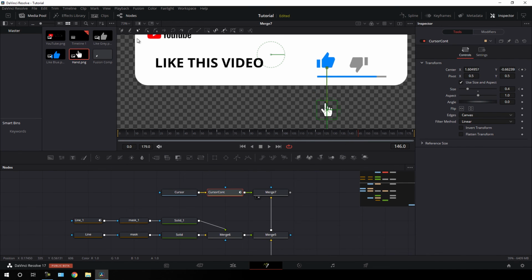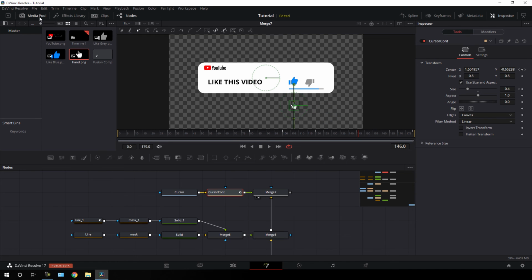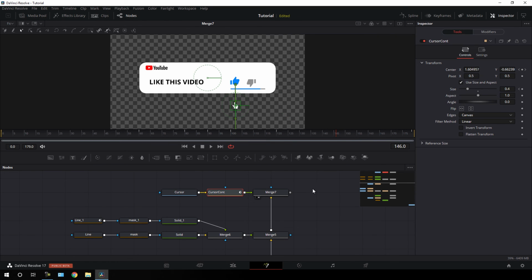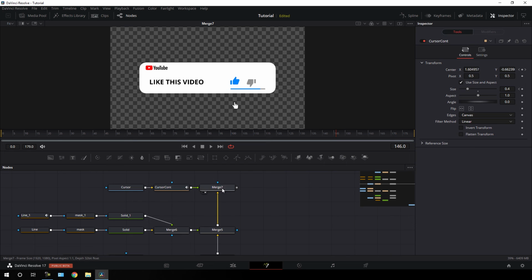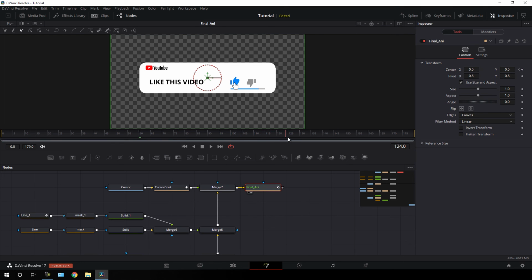Alright, and click on fit, close this media pool and select this main output, add a transform node, and this is gonna be final animation. So I'm going to call it final animation, hit OK, and just drag this final animation to the viewer, and then go to frame number 60, which is equal to 2 seconds according to 30 fps, and right click on center, click on animate, and go to frame number 120, which is equal to 4 seconds according to 30 fps,